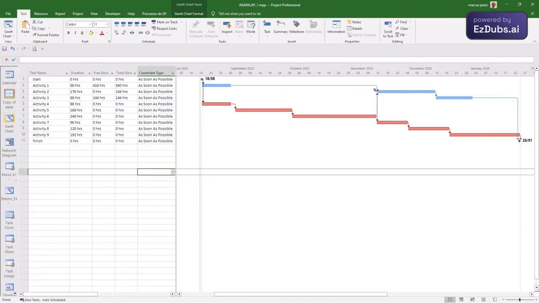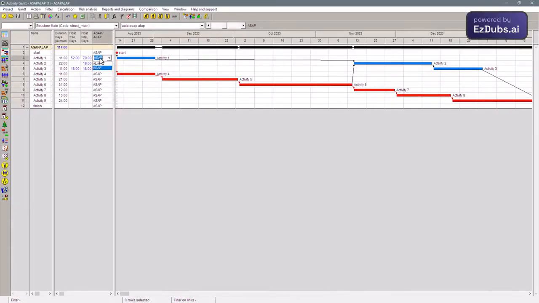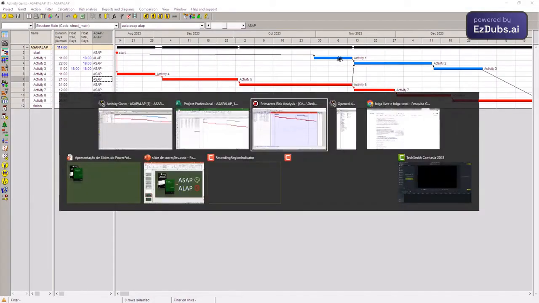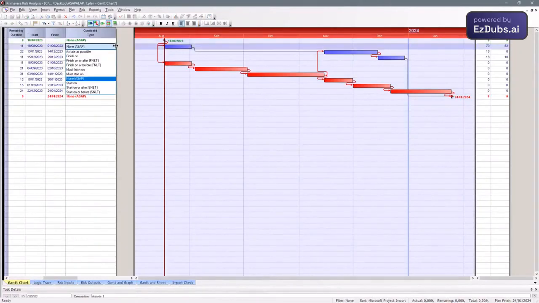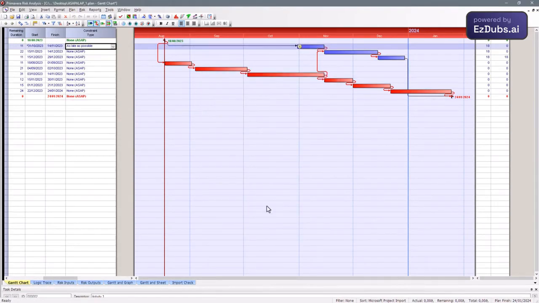I'll do it first in the Spider Project tool. Here I'm going to ask it to calculate. The tool needs to be calculated. And the activity moves out of the beginning, has no slack, and will produce on the blue branch, burning its free slack. I'm going to do the same thing in the Primavera software. I will say here as late as possible. I need to calculate too. The calculation happens, and the activity burns all its free slack and settles on the production line, because the others continue on their schedule as soon as possible.